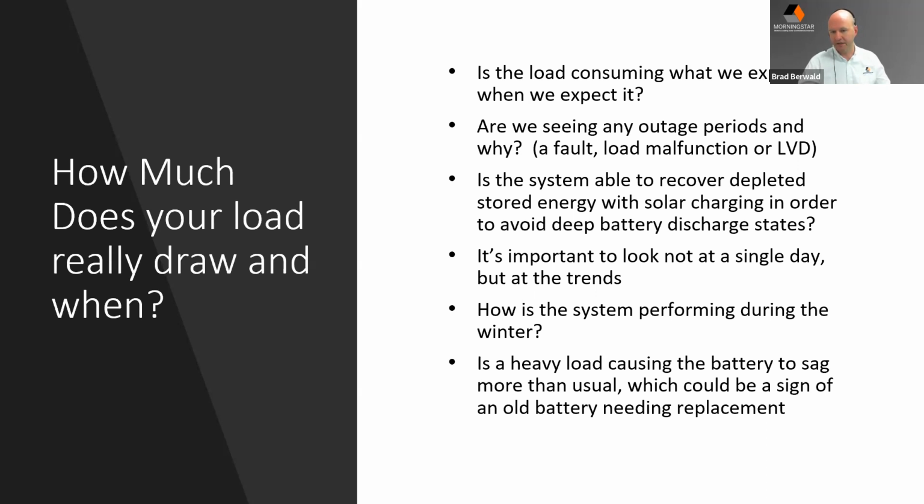So if you're seeing low voltage disconnects during certain periods of time, for example with solar lighting, from 4 to 6 a.m. when the load's been running all night, you might start to see some early disconnects. The sun hasn't risen yet, but the load has to get turned off early because it just doesn't have enough power to make it through the night. Those are early things that you can see to detect when a system might need to be modified or when a battery needs to get replaced.